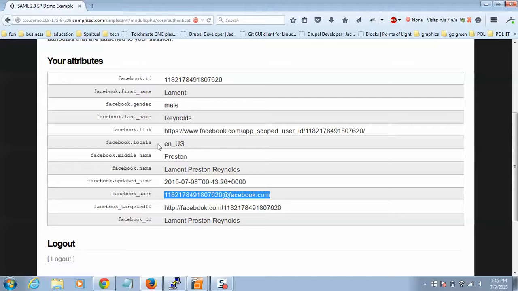I guess all you really got was that they're male or female, first and last name. In this particular instance, yes. But depending on how you connect with your identity provider, you can get more information. And so with Facebook, we're not really using,